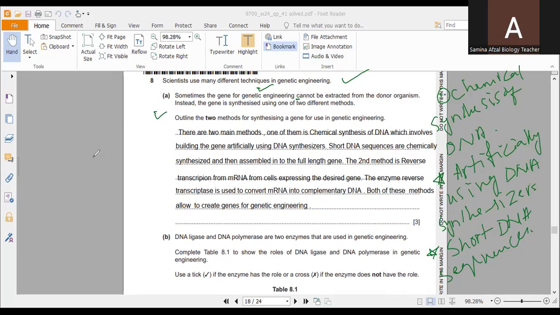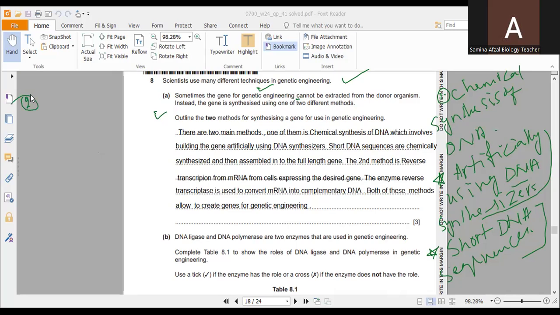Chemical synthesis of DNA can take place by using a DNA synthesizer, which makes the artificial DNA. In this regard, the short DNA sequence can be used. This method is useful when the exact nucleotide sequence of the gene is known. And the second method is